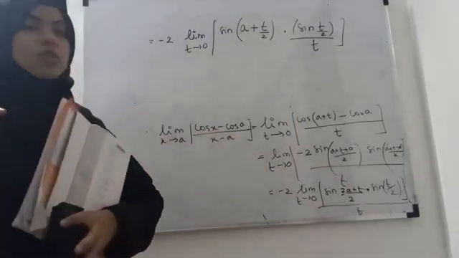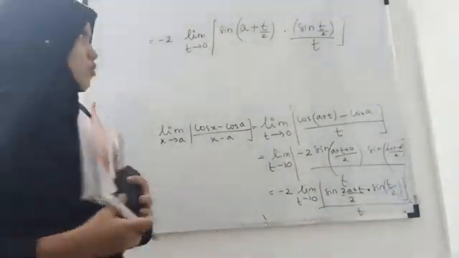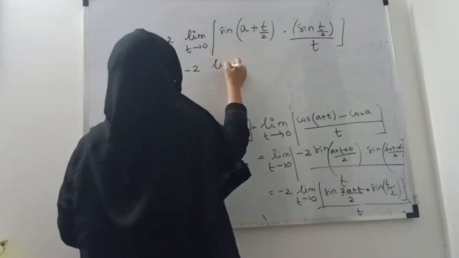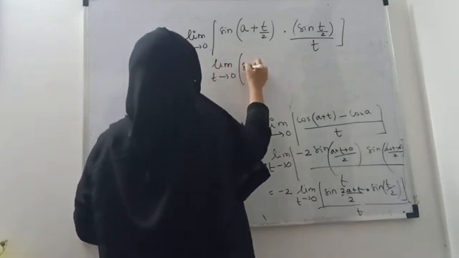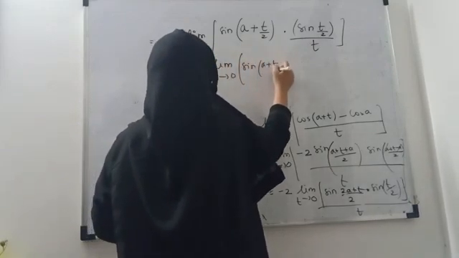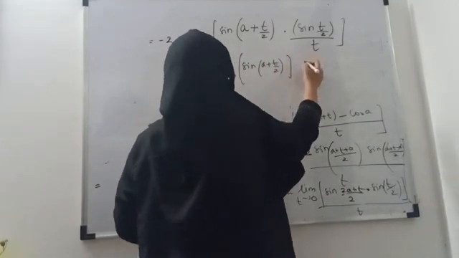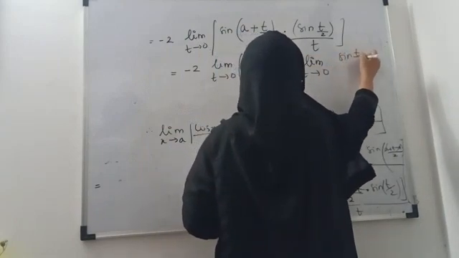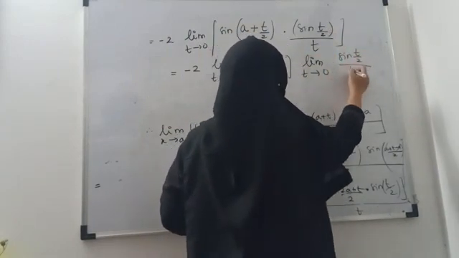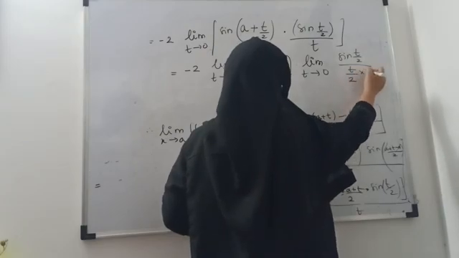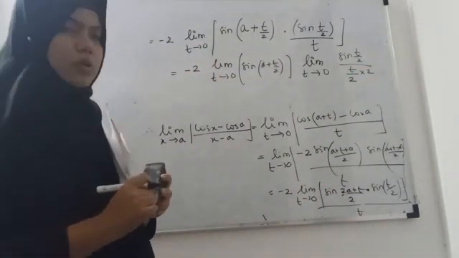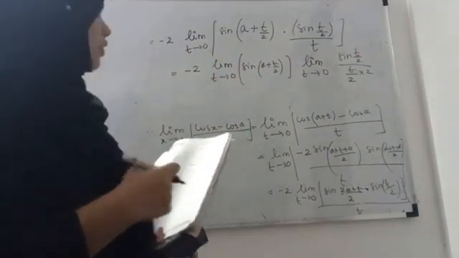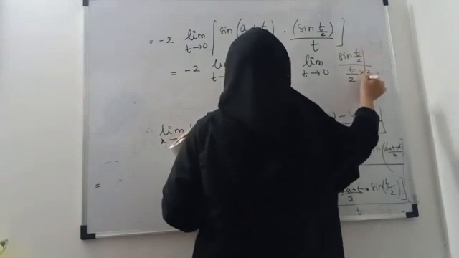Because we know the formula sin theta upon theta is equal to 1. So we will make that formula here. Minus 2 into, we will split the limit. See here t upon 2 is there, so we will multiply and divide it by 2 to make it t upon 2, right? So here this 2 will come out as half, right? This is 1 upon 2 and we will apply the formula for this term.